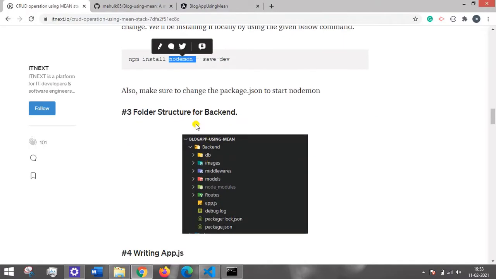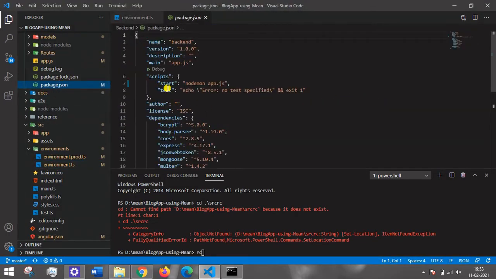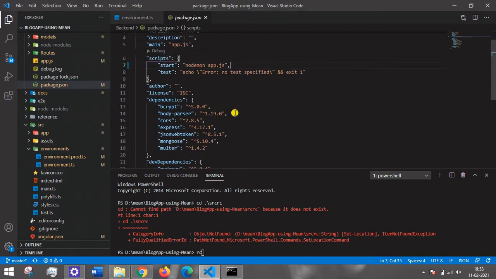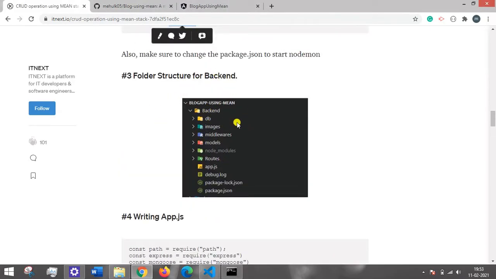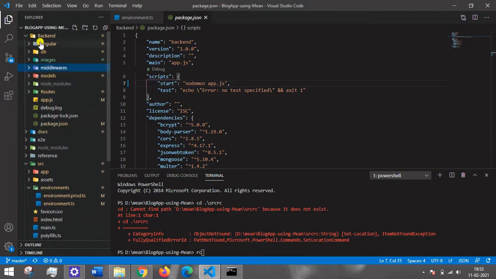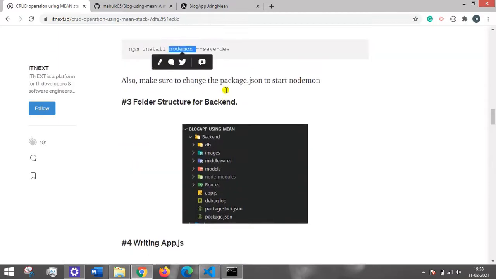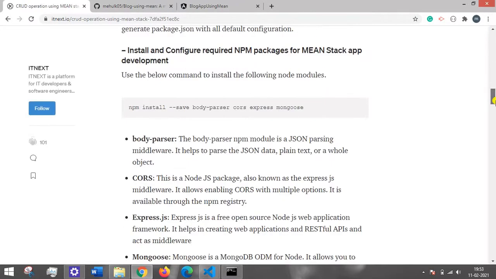So here is the installation of Nodemon, and here is the package.json for the backend. Here I have created a script for Nodemon, so whenever I run npm start, it will run nodemon app.js. This command will show the live updates of the backend part as well. Now this is the folder structure I have already shown in the image, so you can compare it. There might be a difference of 2 or 3 files with time, because I am continuously fixing bugs in my application. So you can get the latest code from GitHub, and the GitHub link is here at the top. I will also provide the GitHub link in the description.